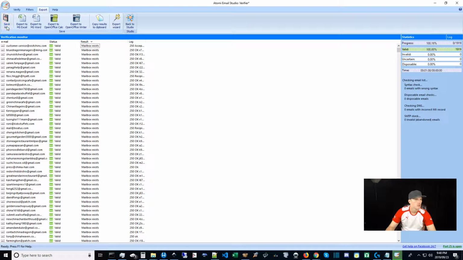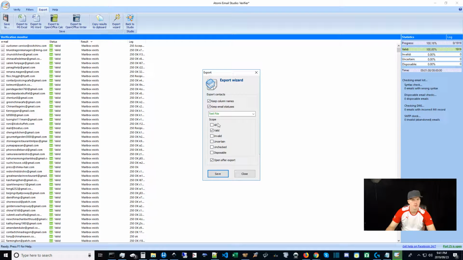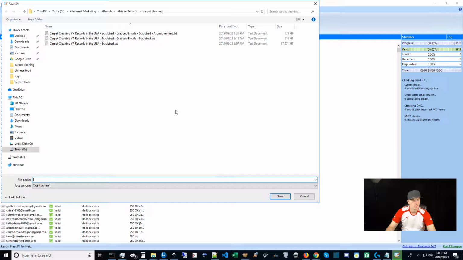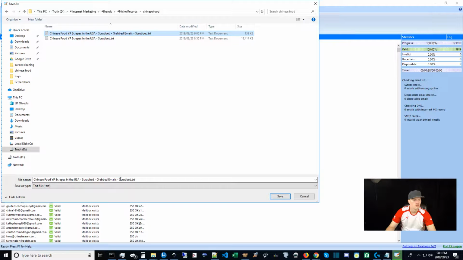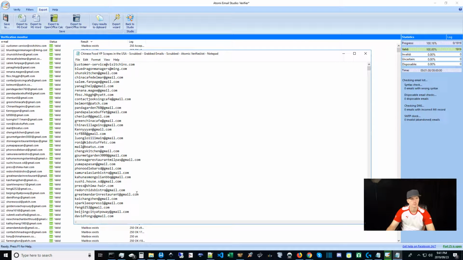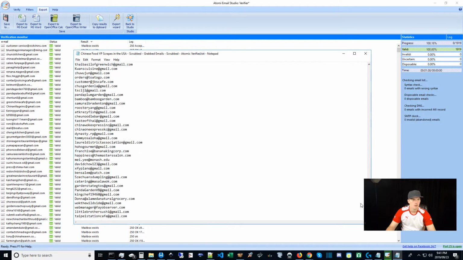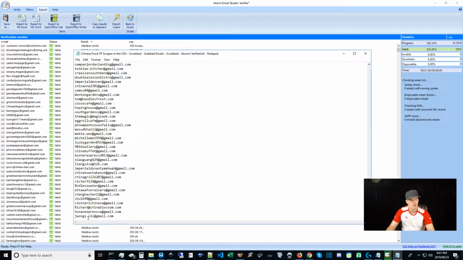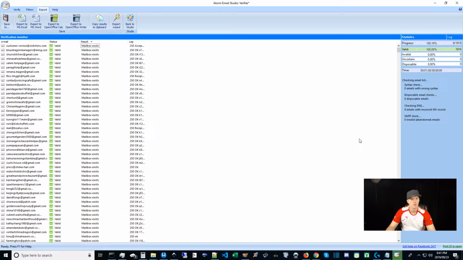Export. Save to, actually, no, we don't want to do that. I want to do export wizard. We're going to turn off these columns and statuses. Open after export text file, save. And we're going to save it under the same umbrella here, but then we're going to put a dash and do atomic verified, save. And I'm going to come down here and delete that last space, save this, close this,